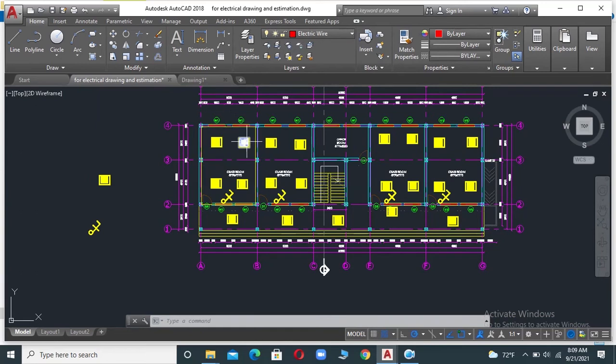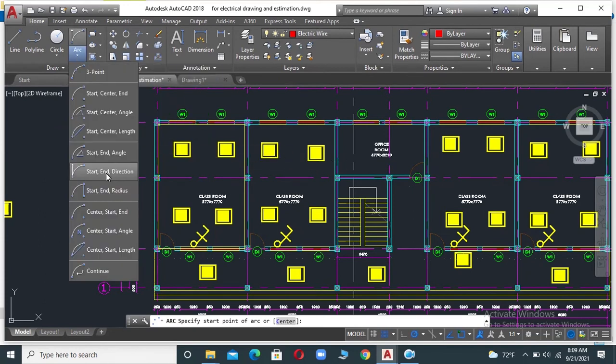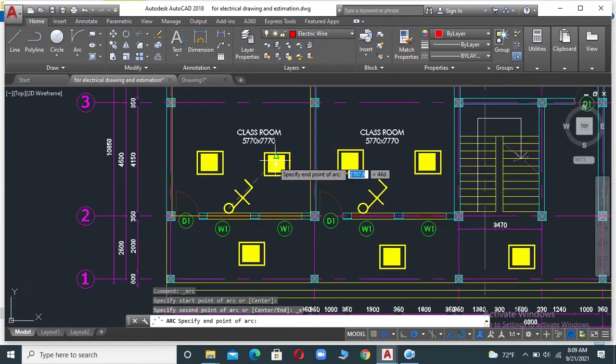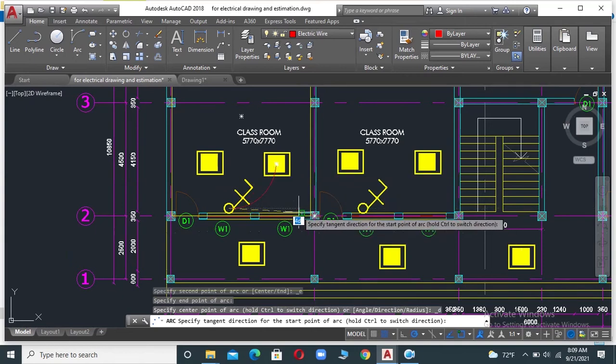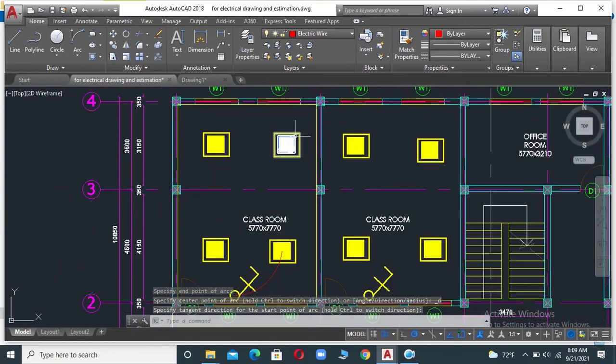Now to draw the electrical wire, generally we use the R command, the arc command. So here let's click on it and start in direction. Click on the switch, then this light, and in this way we can loop it.